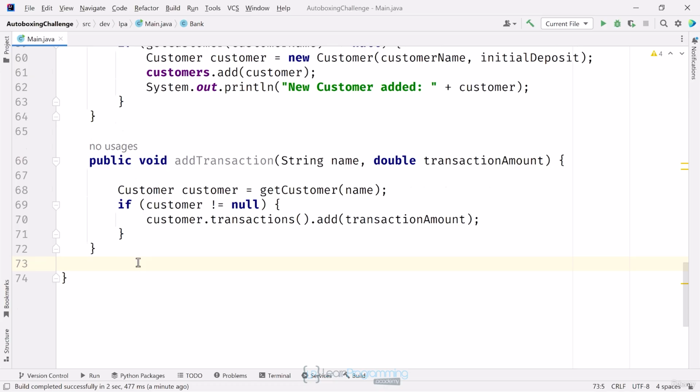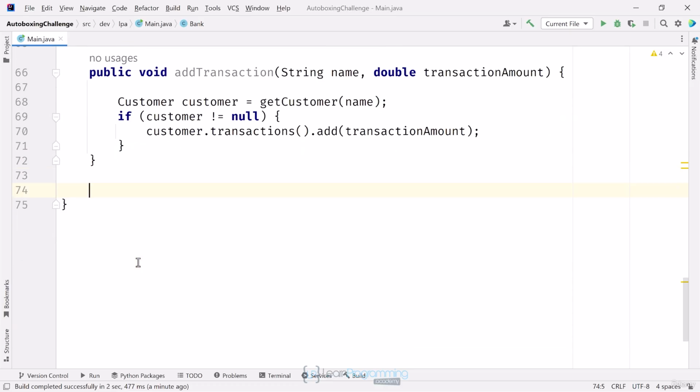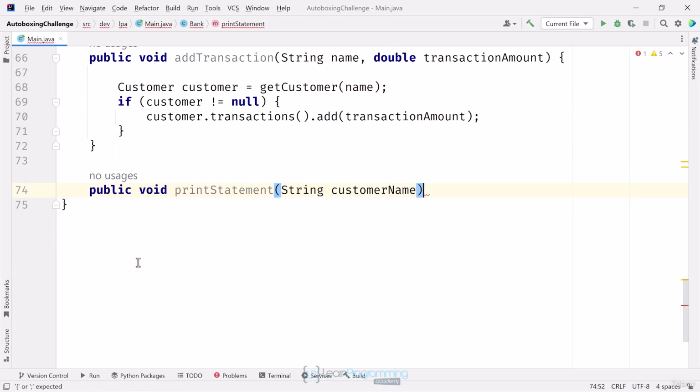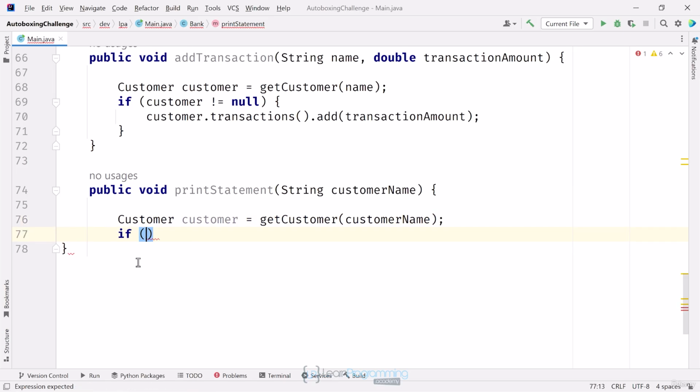We need a way to see the customer's transactions, so I'm going to create the method printStatement next. I'll make this one public as well. Looking at the addNewCustomer method, I made that one public as well, which is necessary so we can call it from main. Retrieve the customer, and if the customer is not found,